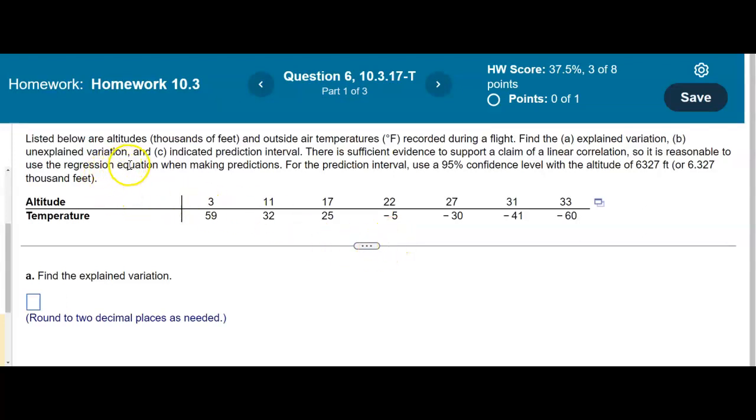Listed below are altitudes, in thousands of feet, and outside air temperatures, in degrees Fahrenheit, recorded during a flight. Find A, the explained variation, B, the unexplained variation, and C, the indicated prediction interval. There is sufficient evidence to support a claim of a linear correlation, so it is reasonable to use the regression